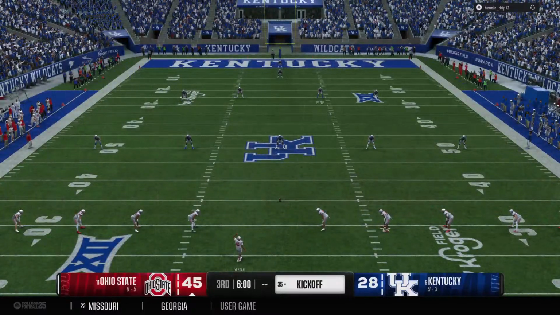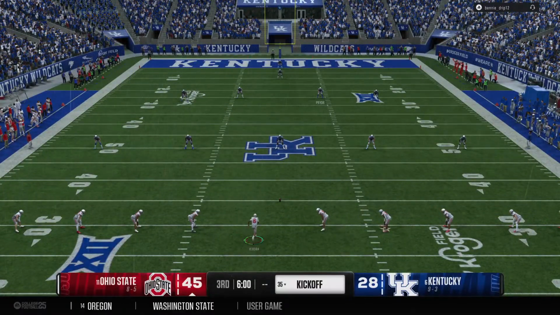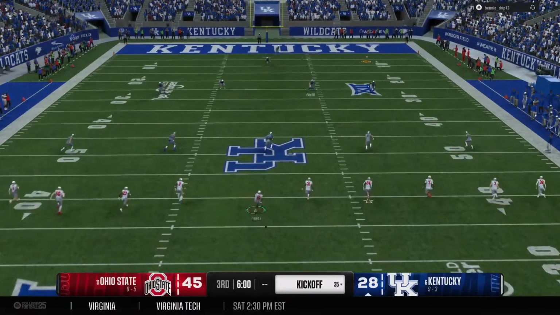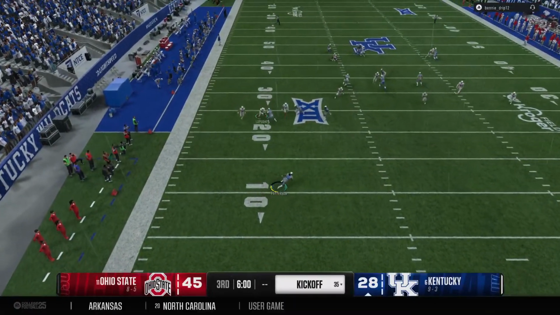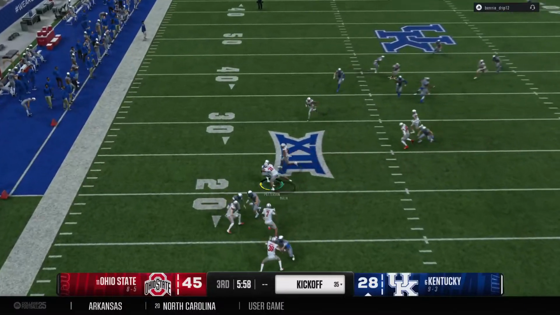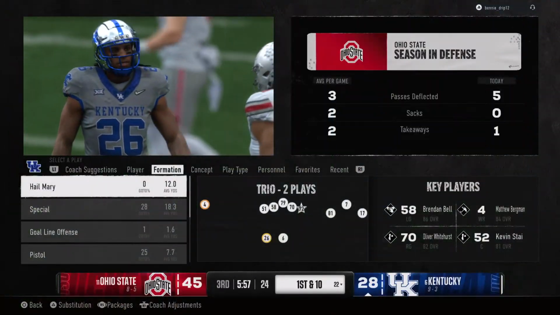The Buckeyes will kick this away to start the second half. Return begins inside the 10. Stop at the 22. That's pretty solid coverage there.